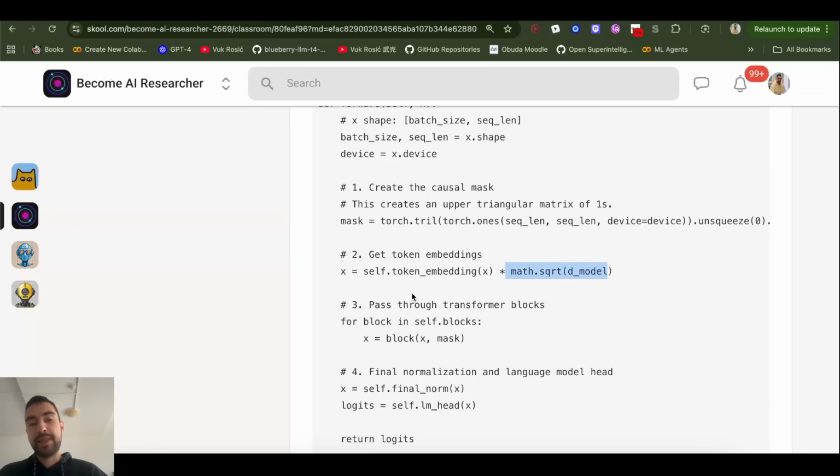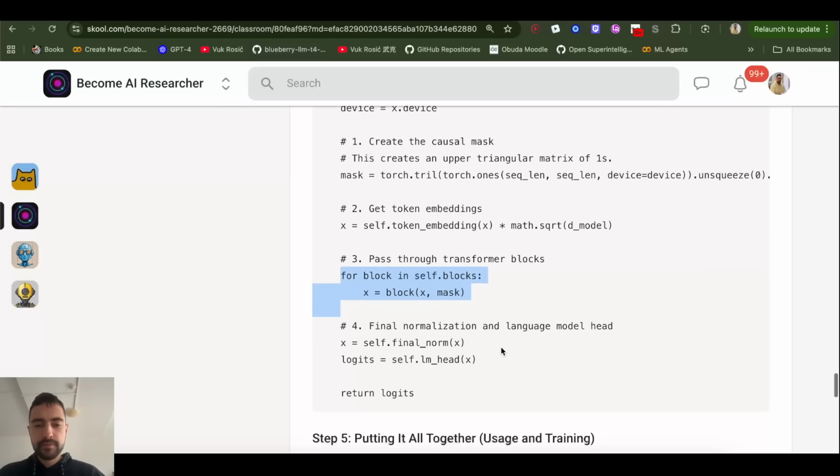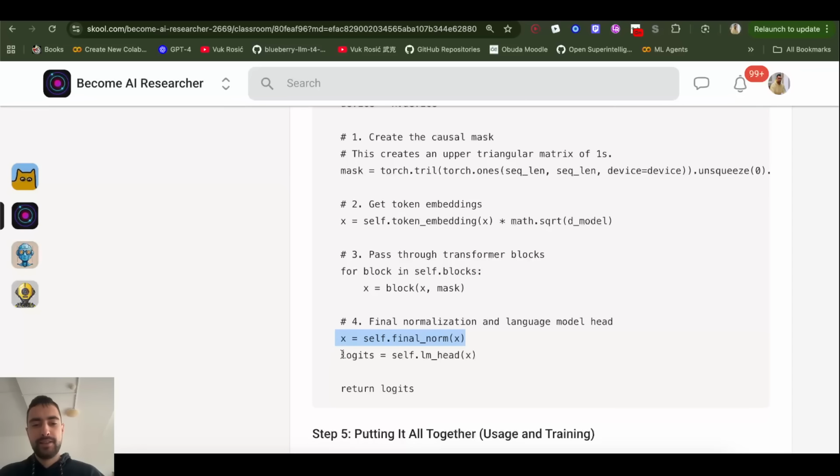As I said, you want to keep your numbers around 1, around 0. So that's what this will do. It will push them towards 1. Then we pass our x through our blocks, so for block in self.blocks. We have 3 blocks. We pass x through every transformer block, and what a block includes is attention and feed forward. So we do that 3 times here in this loop. And then we normalize at the end and generate the probability over all of the possible tokens